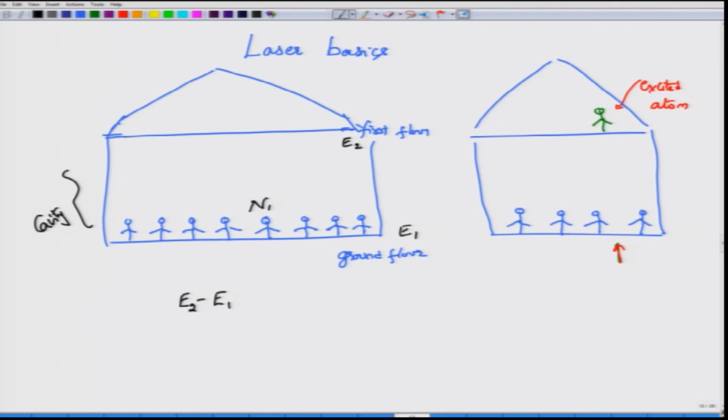Since this floor corresponds to a certain energy, we have called it E1, and the density of people occupying it will be denoted by N1. You would see that at the energy level E1, the population density N1 is quite high; almost everyone is at the energy level E1. But now, if you look at the population of people at the energy level E2, the population at energy level E2 means that you are now talking about the first floor.